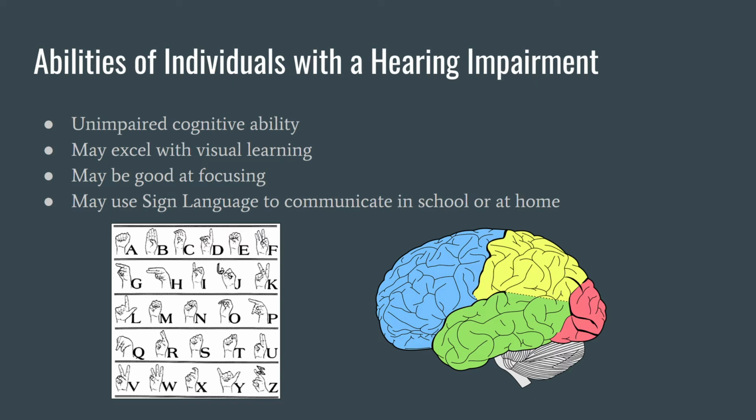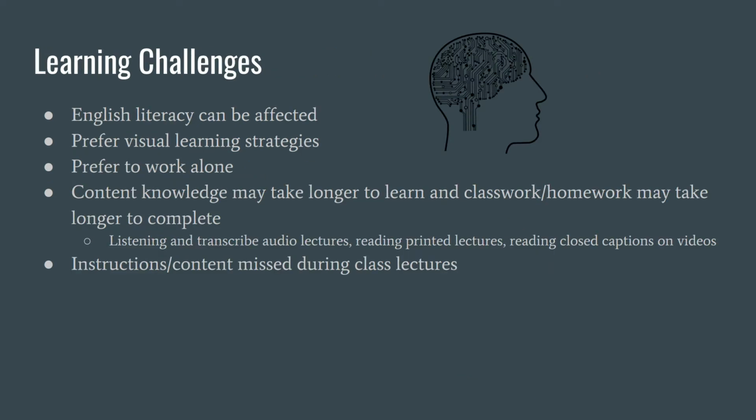student. You can think that if they received a hearing impairment from a genetic factor, that some other people in their family, parents or siblings, may also have hearing impairments, and that is a way that they use sign language at home to communicate. There are a few learning challenges that come with a hearing impairment, and those